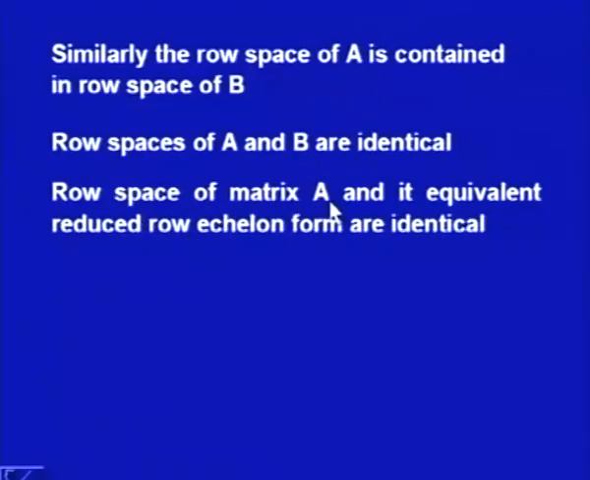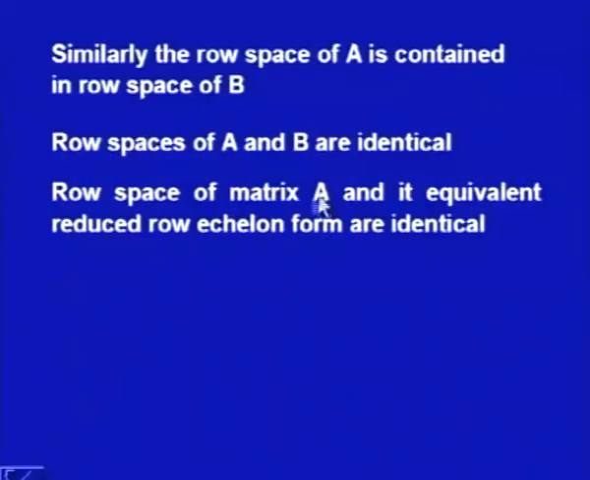The row space of matrix A and its equivalent reduced row echelon form are identical. I have started with any matrix B, but we can apply it to the equivalent reduced row echelon form, and this result is important because with the help of this result we can solve systems of equations, and we can easily find the rank of the equivalent reduced row echelon matrix. To find the rank of a matrix A, we can find the rank of its equivalent reduced row echelon form, and whatever the rank of the reduced row echelon form, the same rank will be there for the matrix A,